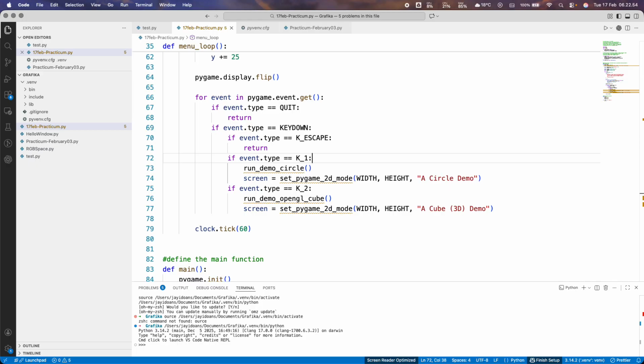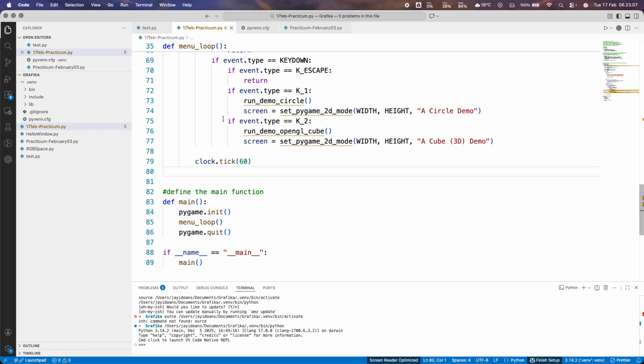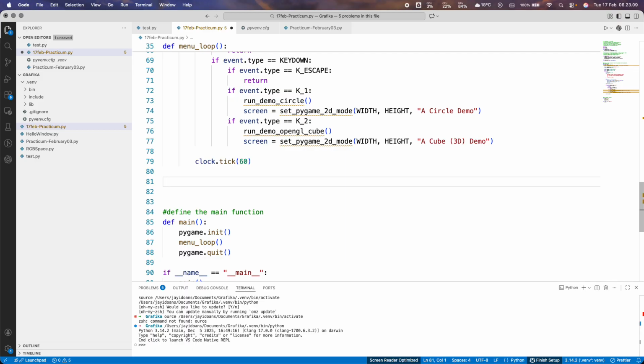So in this matter we will try to create an application to run a circle, to create a circle over here. Okay, we will finish this line